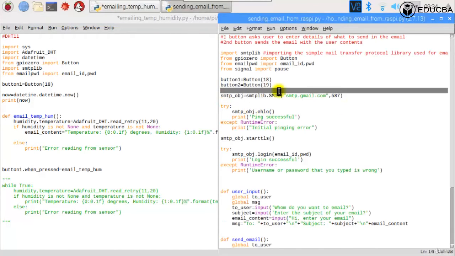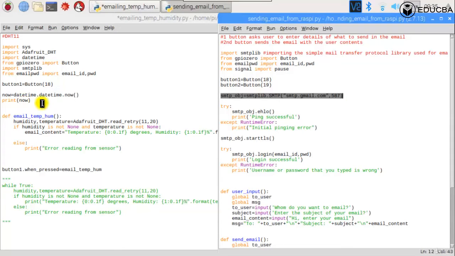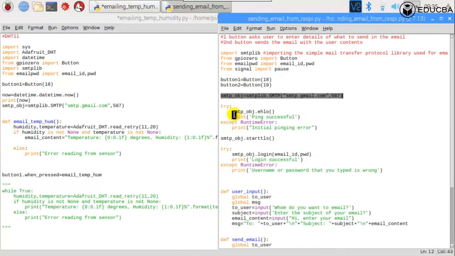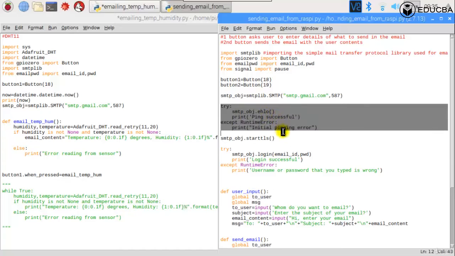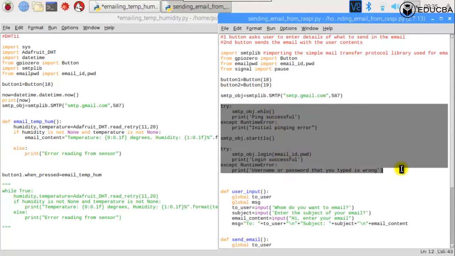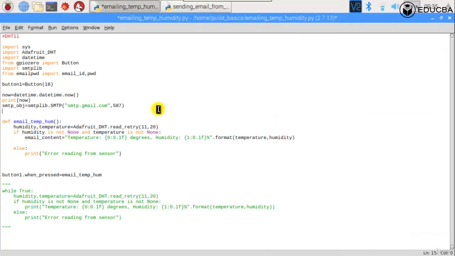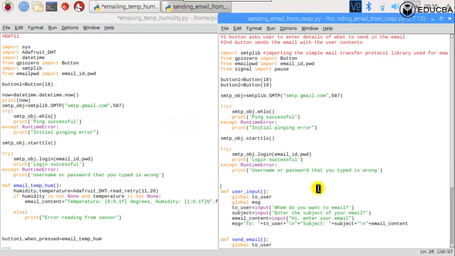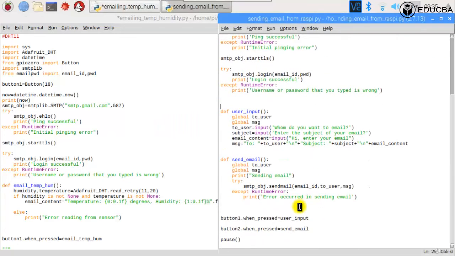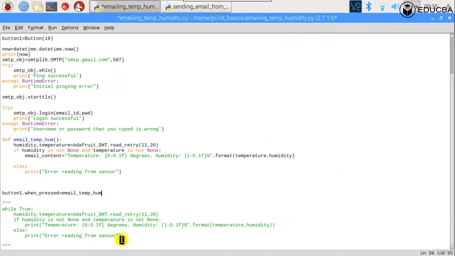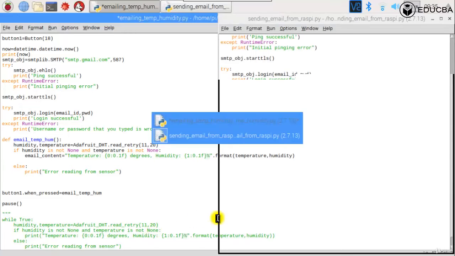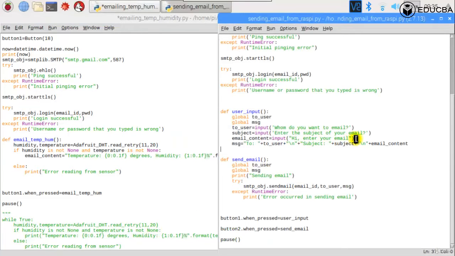Then we need to connect to gmail.com, and that needs to be done, let's say, over here. Then of course we can do starttls and login. So these are a few things which we need to do before doing anything else. So this is all about the email part of it, where login and everything is done. Now, only when button1 is pressed, of course, we also need to call a pause for the main function so that it doesn't go ahead. One more thing is,